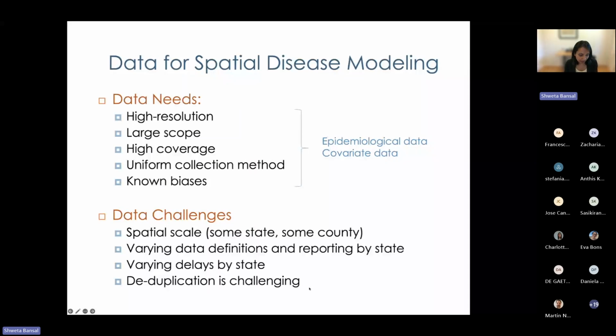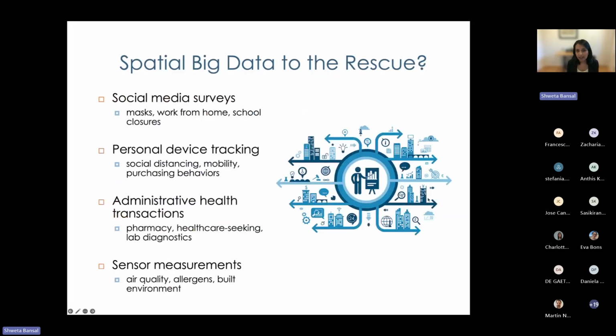And so we've been in my group trying to think about how we get around this, right? Certainly just relying on public health data and public data in moments of crises has been highly limiting. And so one of the things we've been thinking about is how do we take advantage of opportunistic data sources for this purpose, where opportunistic data sources might come from social media or personal device tracking, health databases or sensors, where these are data sources that are collected for other purposes besides epidemiological ones, but we can certainly think about taking advantage of them for public health purposes